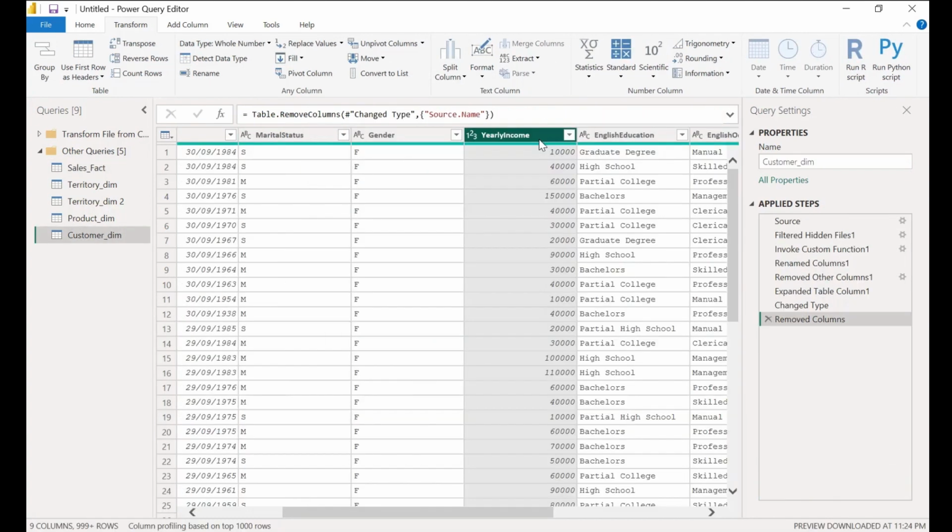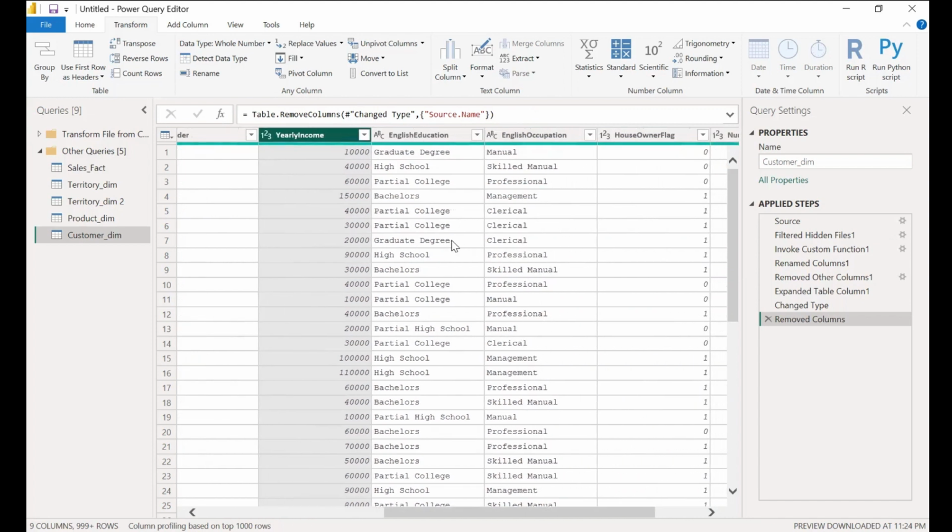Let's say, for instance, we want to create a conditional column where, when the yearly income is less than 50,000, then the result should be low income. When the yearly income is between 50,000 to 100,000, then it should be an average income. When the yearly income is above 100,000, then it should be high income. How can we do that using Power Query Editor? Now, if we select the column,